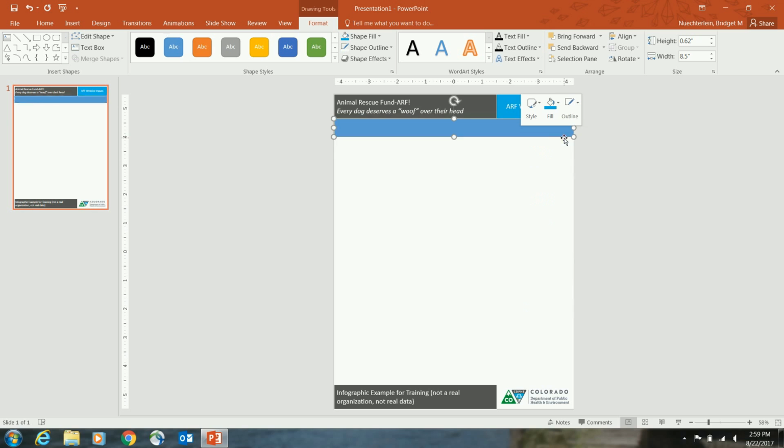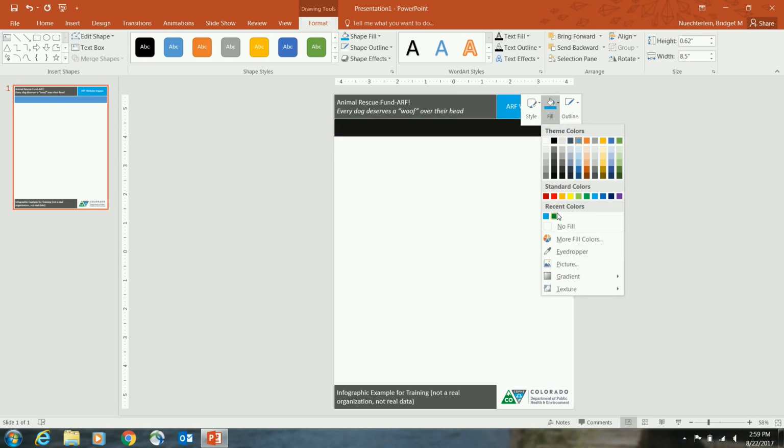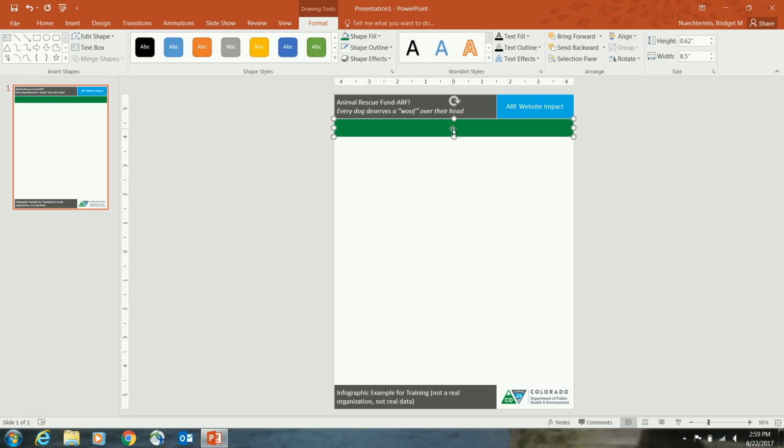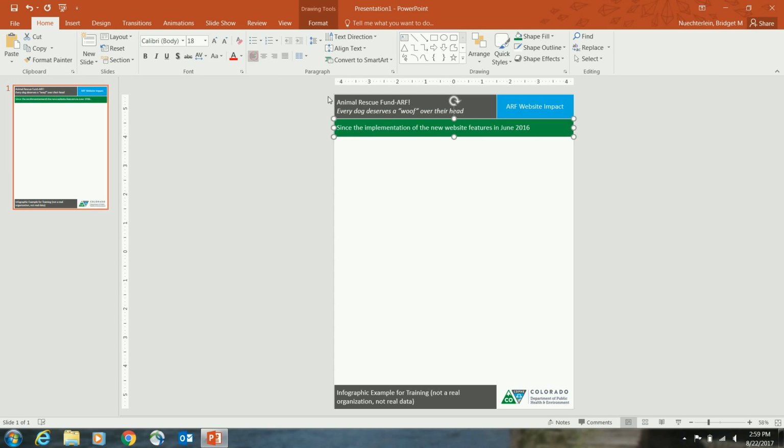The outline is going to be white. The fill will be green. And I'm going to type in, really this is framing with the story of the infograph. So, we're really highlighting, since the implementation of the new website features in June 2016, what we show down here is